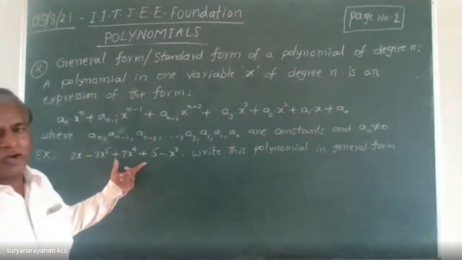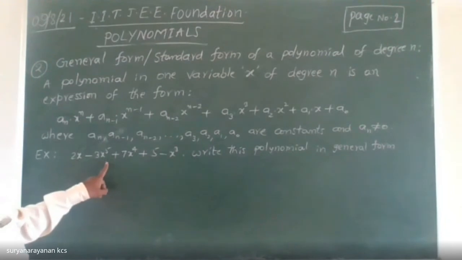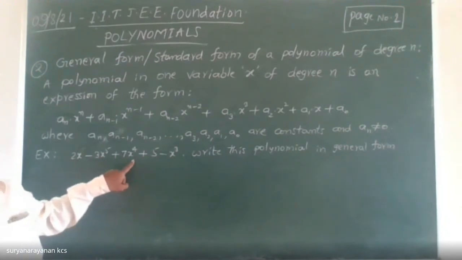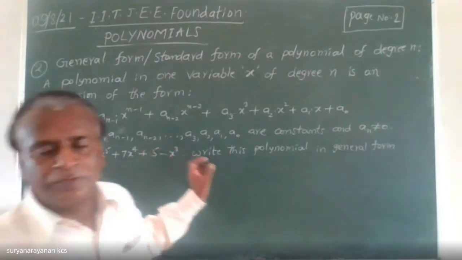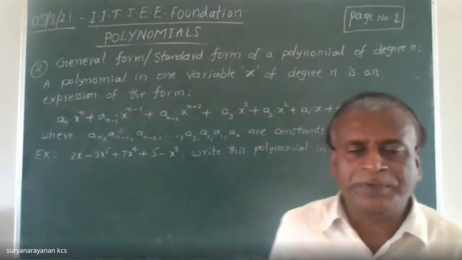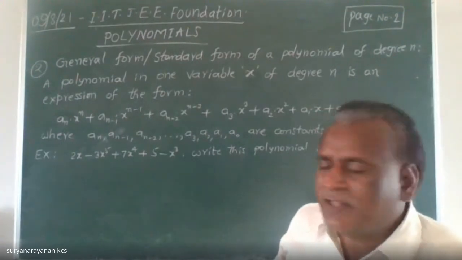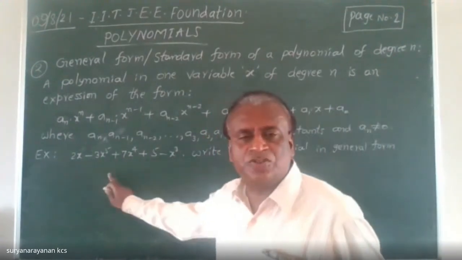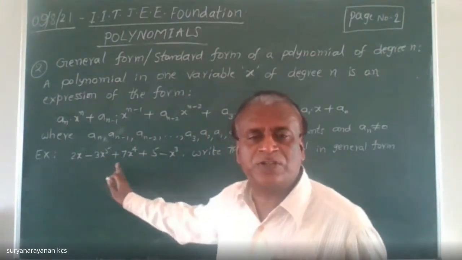This is the given polynomial: 2x minus 3x power 5 plus 7x power 4 plus 5 minus x cube. Now we have to write this polynomial in the general form, in the standard form. Means we have to rearrange the terms of this